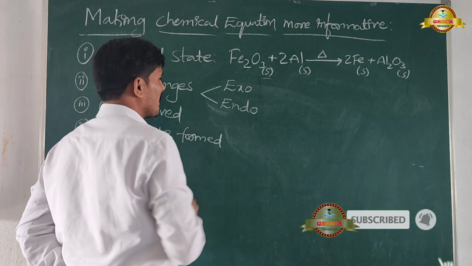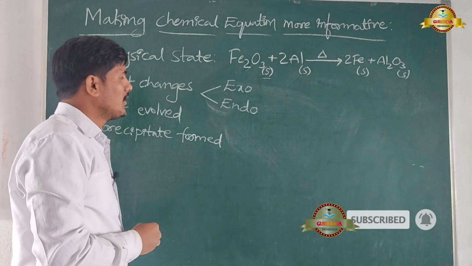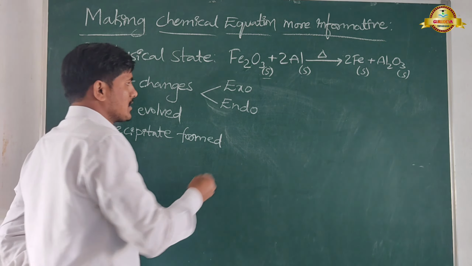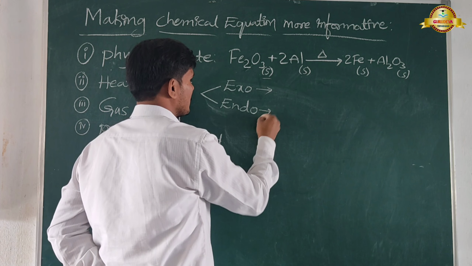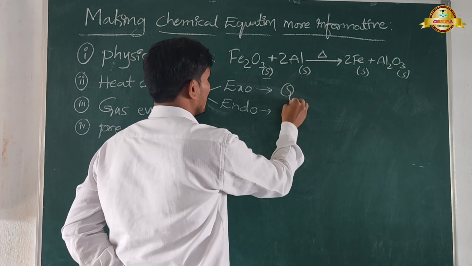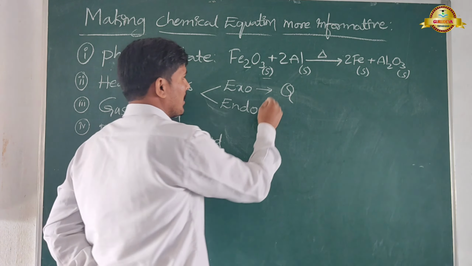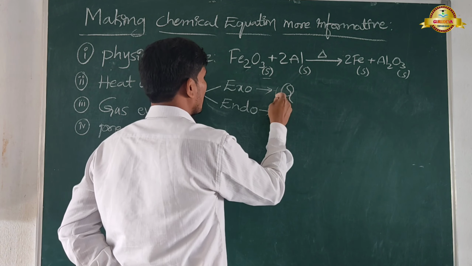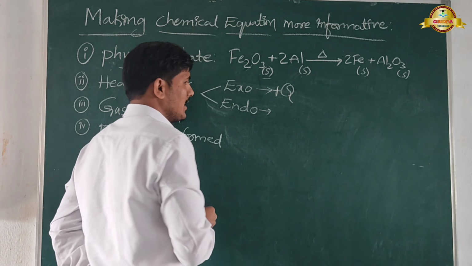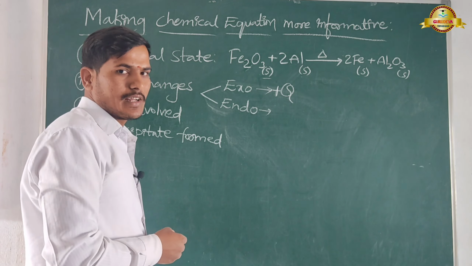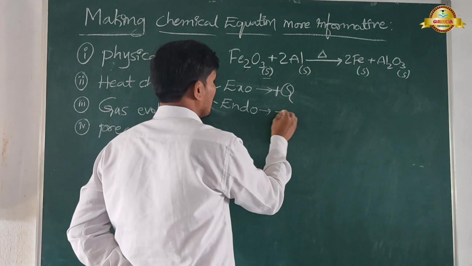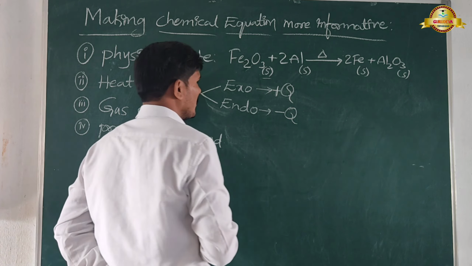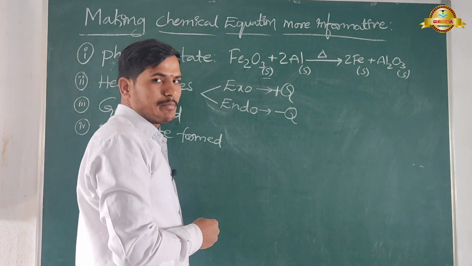Heat changes that take place in a chemical reaction are denoted with plus Q. That means heat energy is evolving or liberating in a chemical reaction. When we represent it as minus Q,